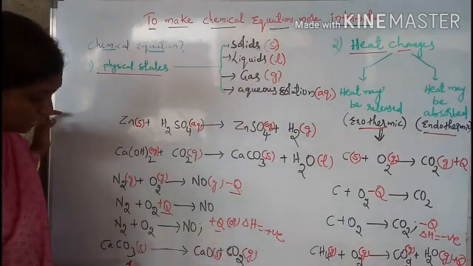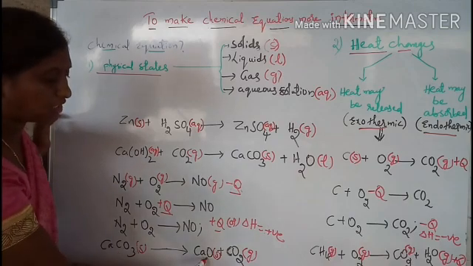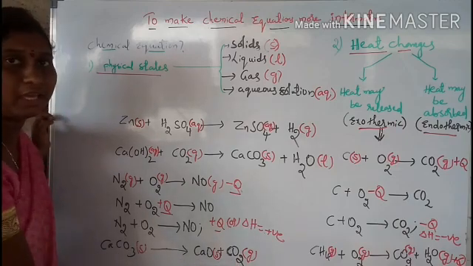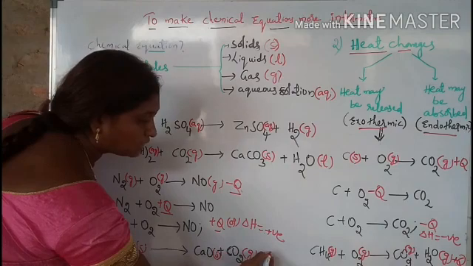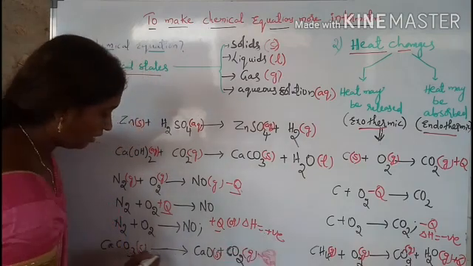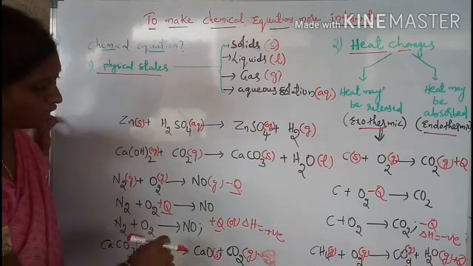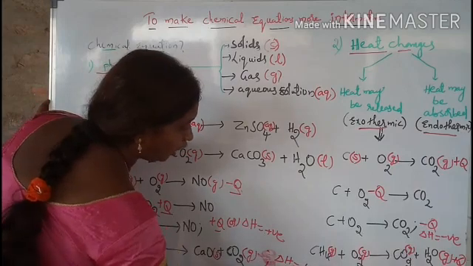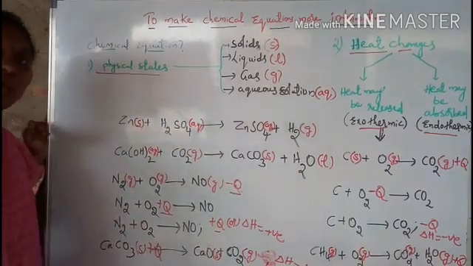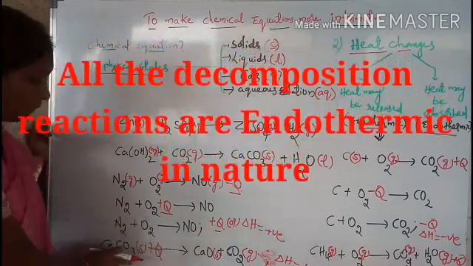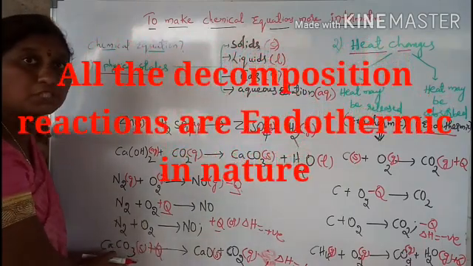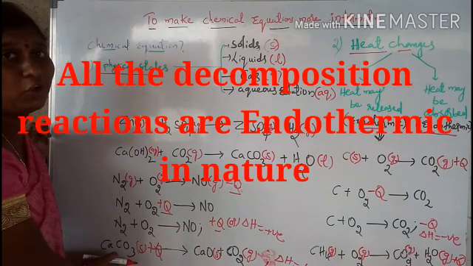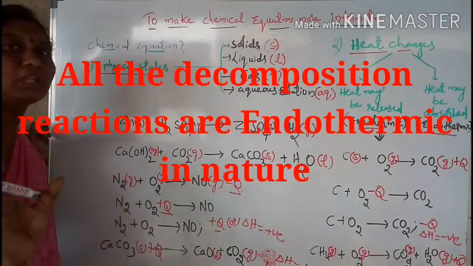And you go for one more reaction. CaCO3, calcium carbonate, which is decomposed under the heat to form CaO plus CO2. Okay, here the heat may be shown as minus Q in the product side or plus Q in the reactant side, or totally out of the reaction as delta H is equal to positive or plus Q. You may show it in any way. And remember students, all the decomposition reactions, may be thermal decomposition or photochemical decomposition or electrical decomposition, all the decomposition reactions are endothermic reactions.